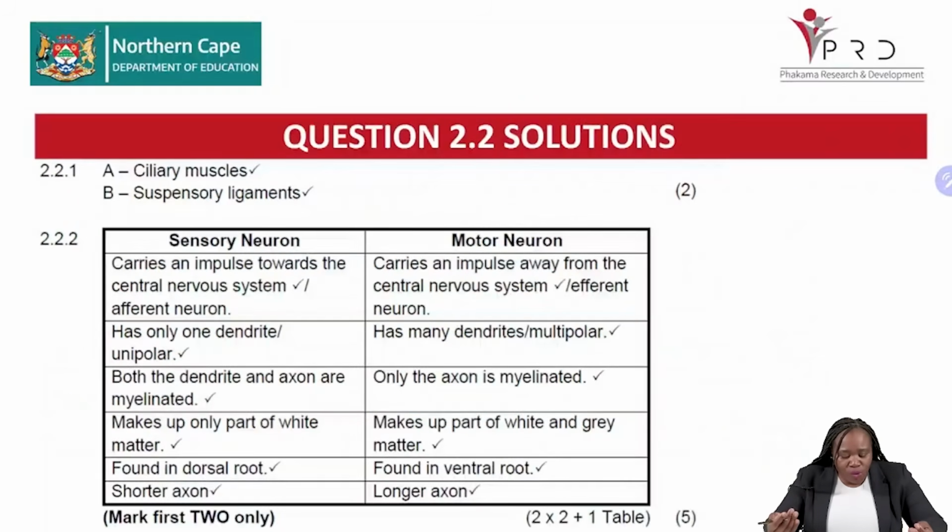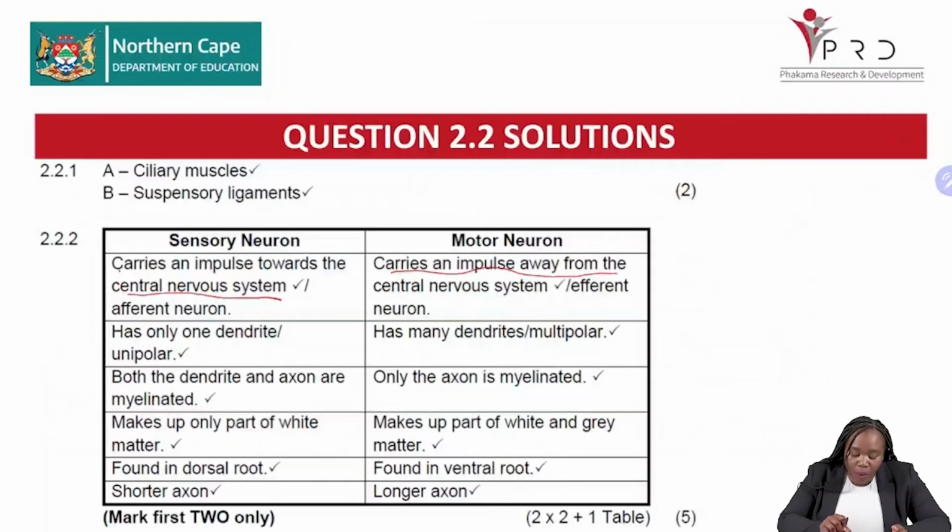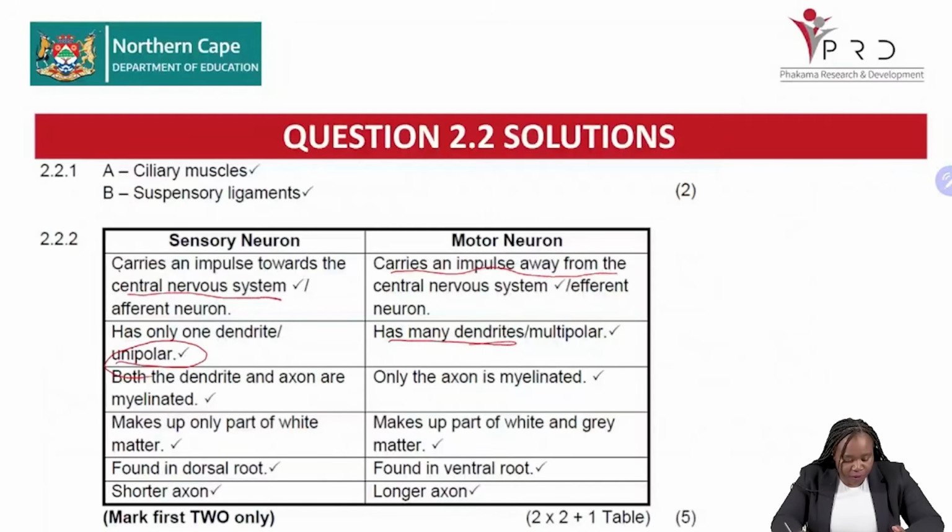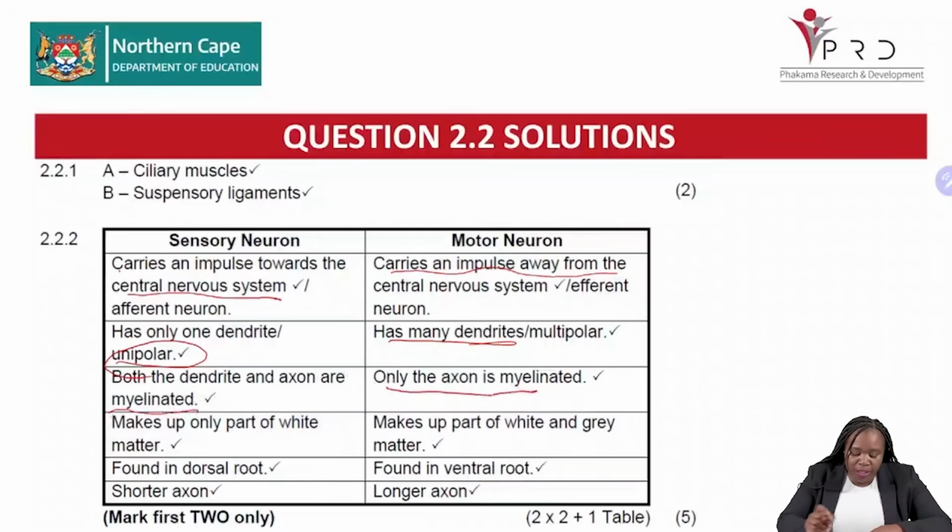Right. Now we can also look at the structure. Okay, let's just have a look. Impulses towards the central nervous system. Yes, we've looked at that. Motor neuron carries impulses away from the central nervous system, and then it has only one dendrite. So it is what we say unipolar, with only just one dendrite, whereas the motor neuron has many dendrites. Right. Now, with the sensory neuron, both the dendrite and the axon are myelinated, meaning that they are surrounded by the myelin sheath. Whereas with the motor neuron, it is only the axon that is surrounded by the myelin sheath,